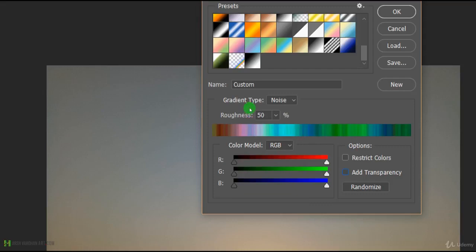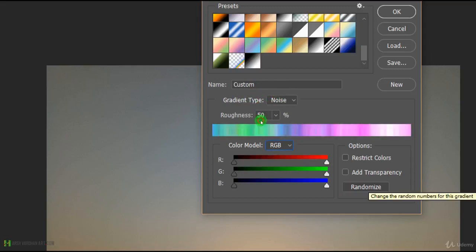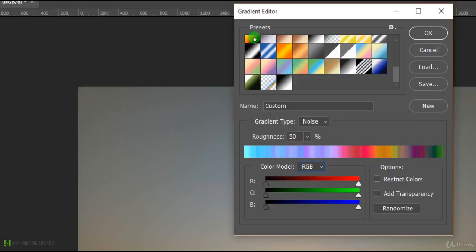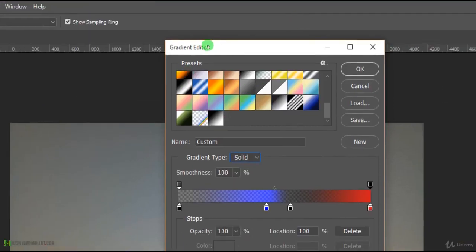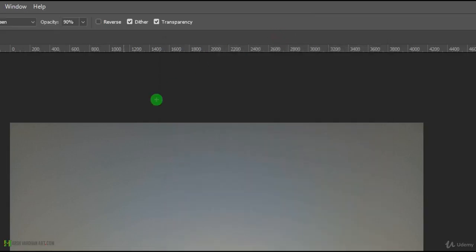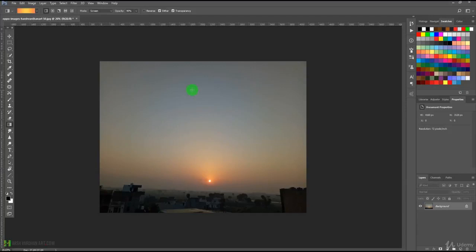Okay, and we have all these options. We can choose different ones like add transparency, or we can click randomize, and that way we'll have a random effect. Okay, and it is going to give us the random effect. So I'll go back to the solid, and let's say I will select this gradient and press OK, and now